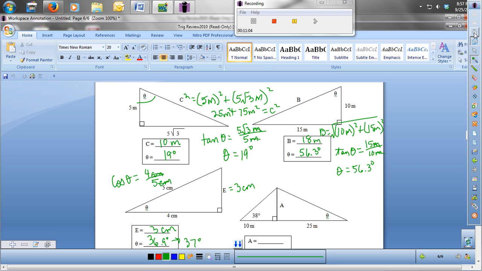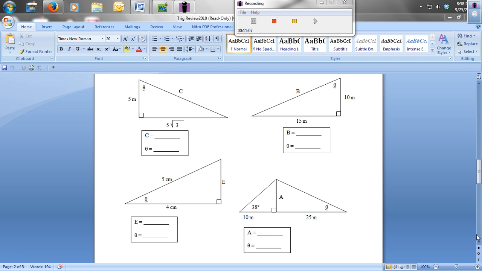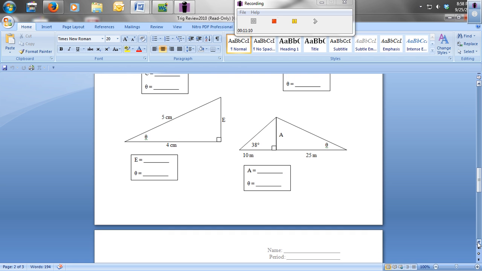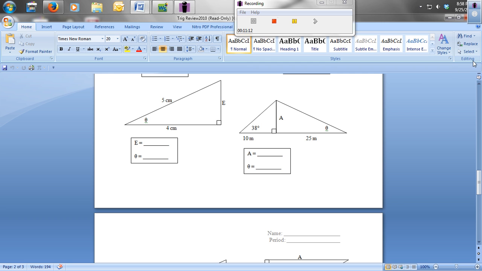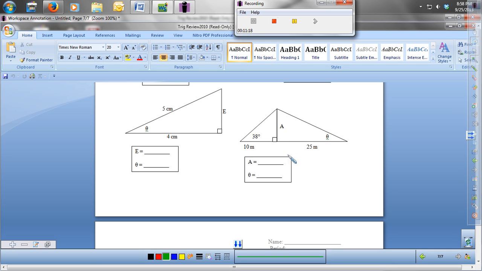Alright, and so we're going to scroll down in the document a little farther. I need to do this one right here. They're asking me to find side A and this angle. So what I know is I have 10 meters and 38 degrees, so I'm going to say that the tangent of 38 degrees is equal to the side opposite, which is A, over 10 meters. So I'm going to multiply the tangent of 38 by 10 meters. So punch in my calculator tan 38 times 10, and it gives me 7.8 for A